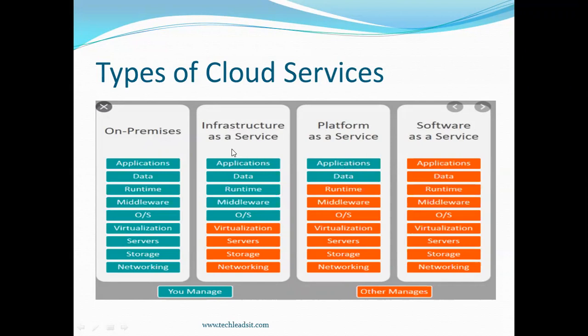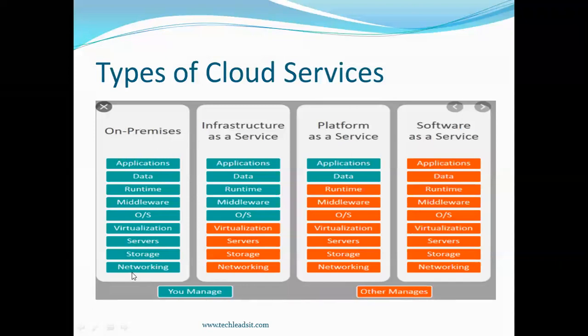And one more model we have is IaaS, which is infrastructure as a service. Here applications, data, the runtime, the middleware, and operating systems are maintained by the organization. The rest of the layers, mostly server, storage, and networking, are maintained by Oracle itself. And the last is on-premise. Here again we are very familiar with these services.